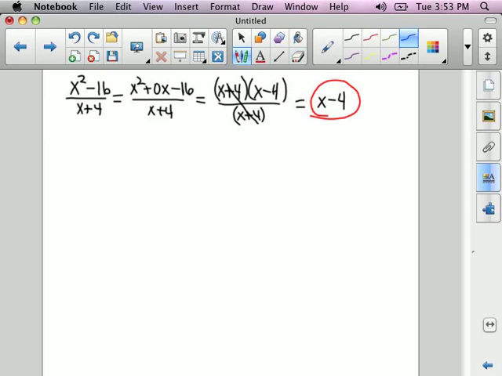The reason this one is different here, if you didn't see it, is that if you look at it, there's no x term in this one. That middle piece right there, where we would normally have a plus 4x or something like that, isn't there. So what you need to do on a problem like this, and I actually want you guys to write this down in your notes. I promise